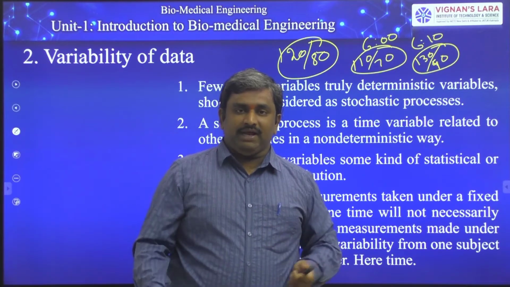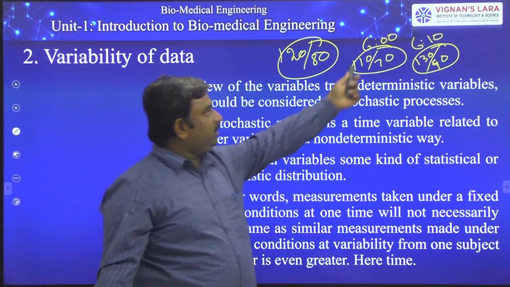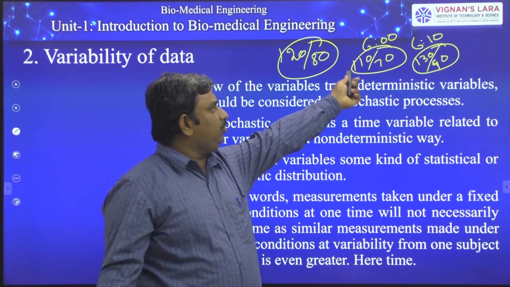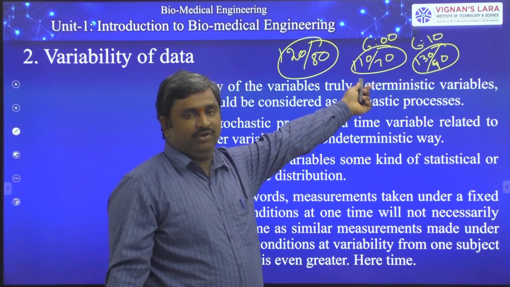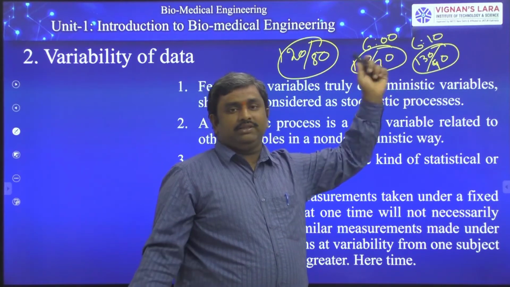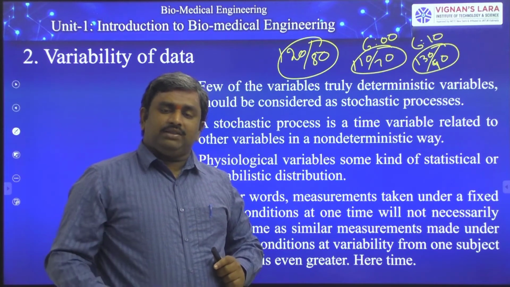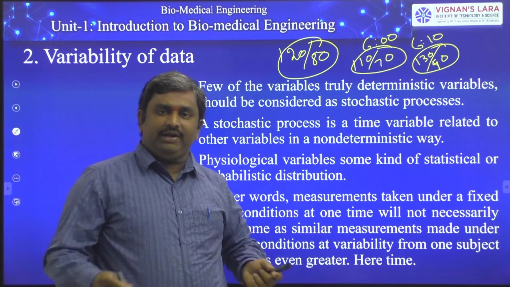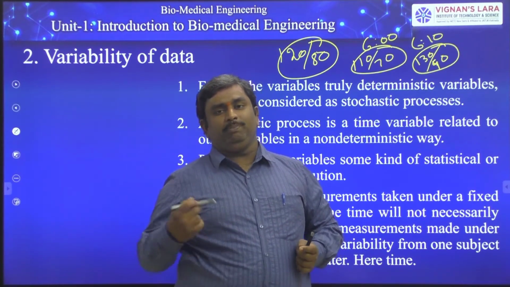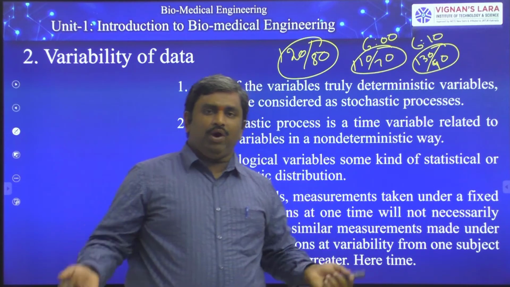Sometimes, for example, at a particular time, at 6 o'clock, he measured the BP 2 times. First time you got 110/70, second time you will get 120/80. Otherwise, at the same time, if you measure, the BP is completely different. Every time, the BP value is different for the patient. Why? The BP is changing minute to minute, or 10 minutes to 10 minutes, or 1 hour to 1 hour, or whatever it may be.